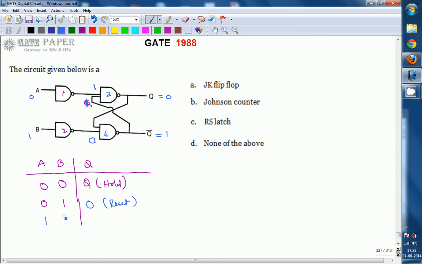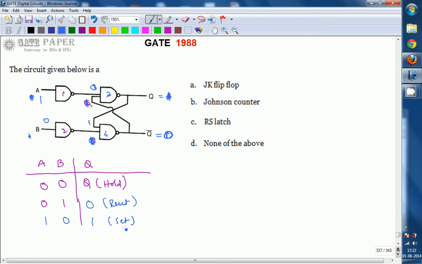If it is A equal to 1, B equal to 0, you get the opposite situation. This 1 makes this one 0, and over here you are getting 1. So this 0 makes Q bar change to 1. That 1 will come over here, 1 into 1, and it becomes 0. So irrespective of the present state, the output will go to the 1 state.